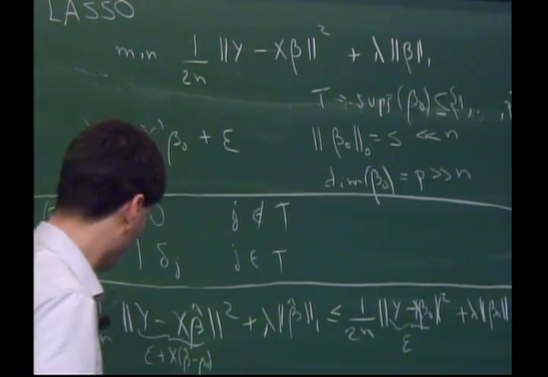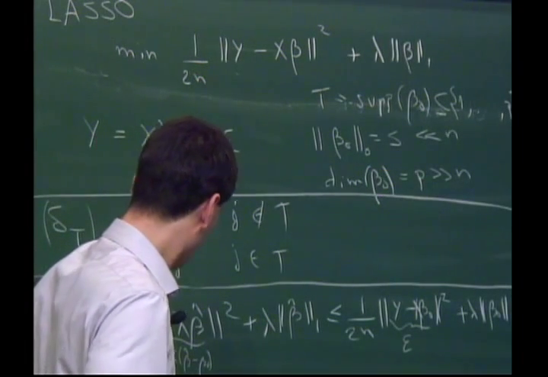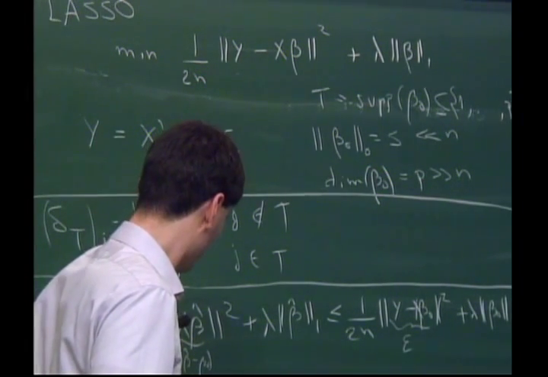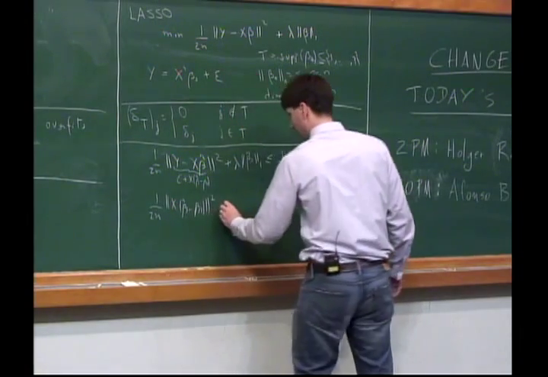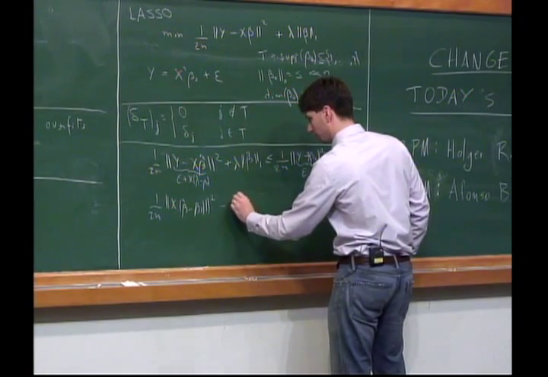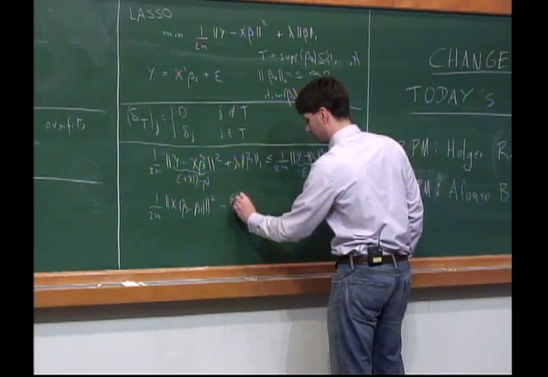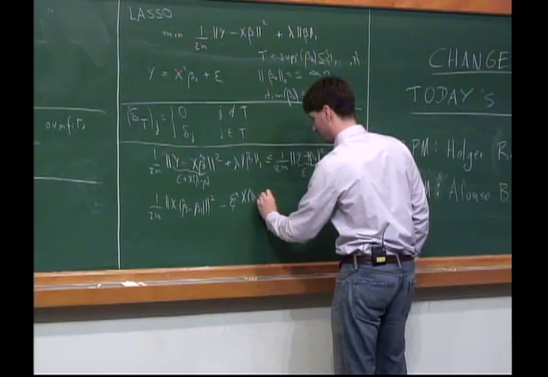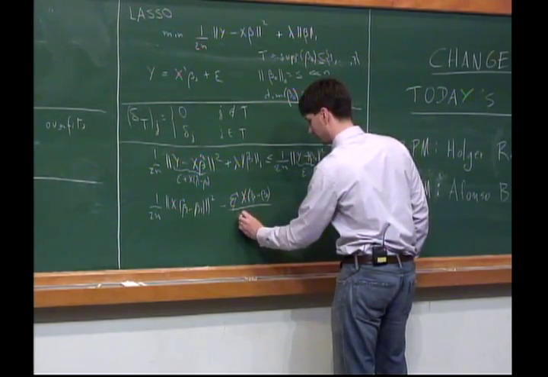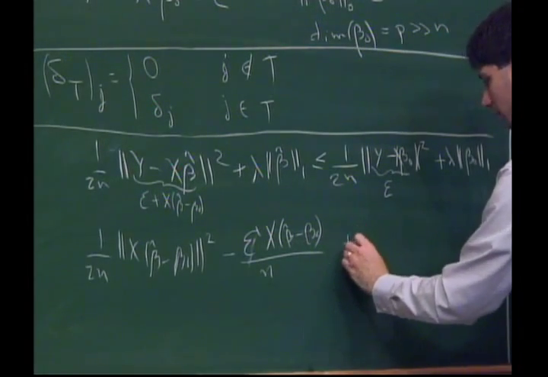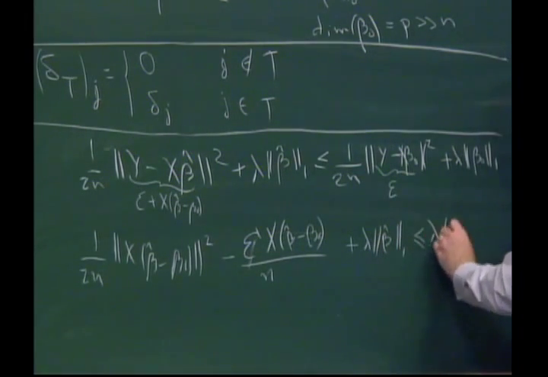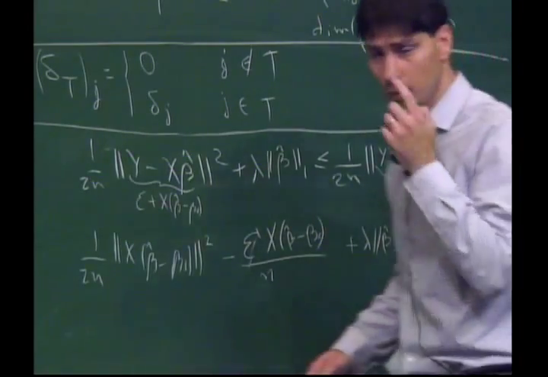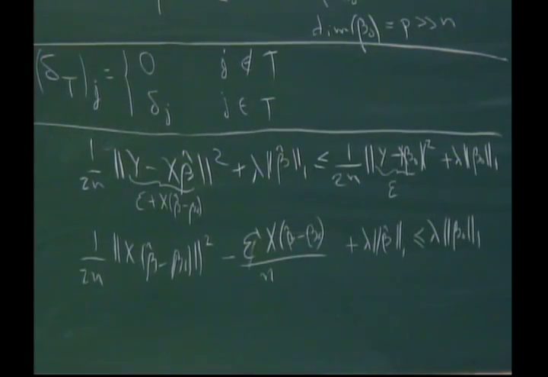And then we get 1 over 2n, the norm of x times beta hat minus beta naught squared, minus epsilon times x times beta hat minus beta naught over n, plus lambda times the L1 norm of beta hat, is less than or equal to lambda times the L1 norm of beta naught. So